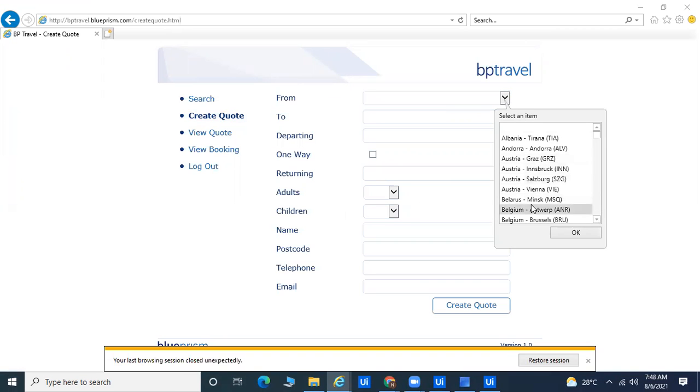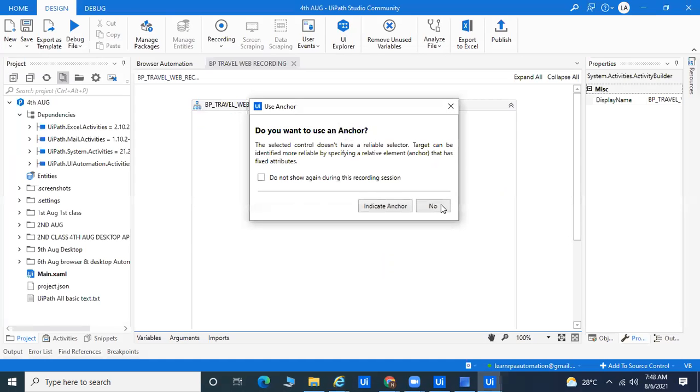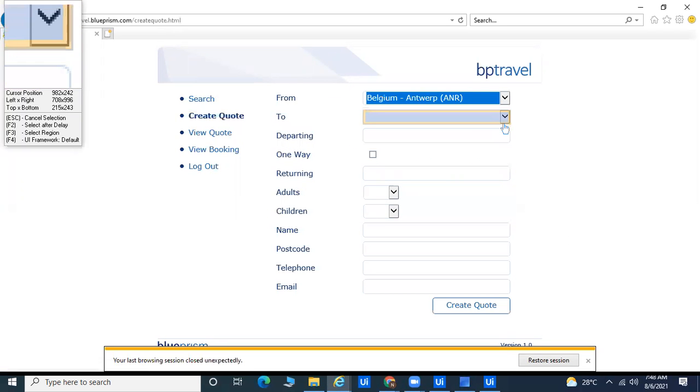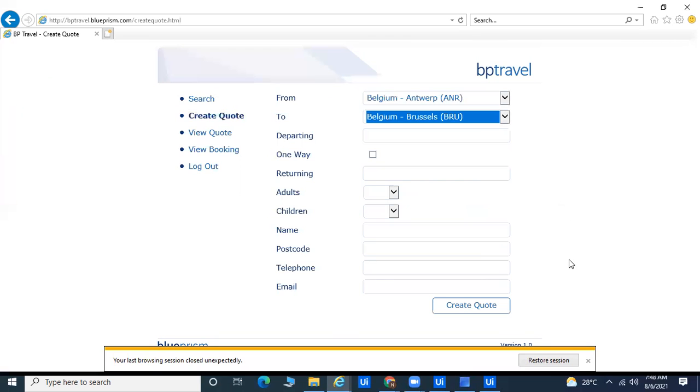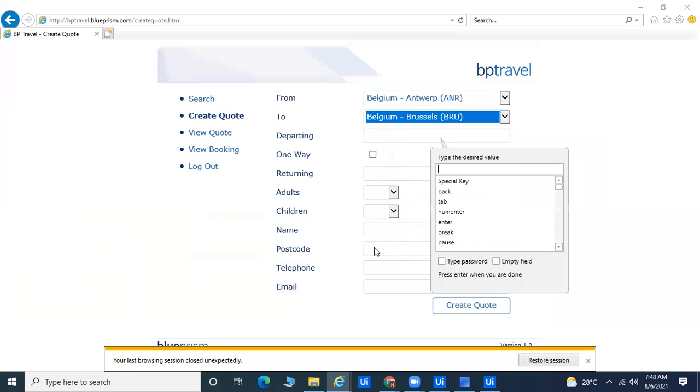You can go to Belgium, and then Brussels. We can provide the departure date like that, 18th 8 2021.